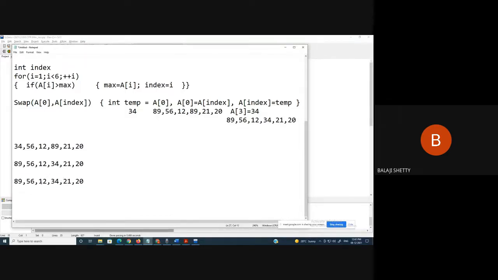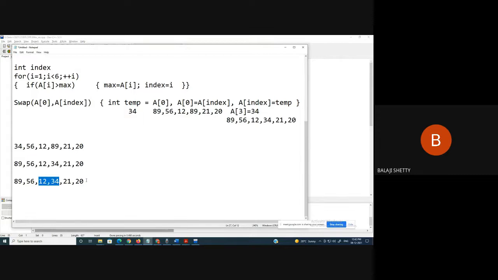This is the third position, now what we have to do is, here the first largest has come. Now we have to find the largest among these numbers. Largest is 56 and we have to swap, the second number is 56. Already it is swapped. Okay. Next step, find the third largest in this series. Largest is 34. Again swap these two numbers.